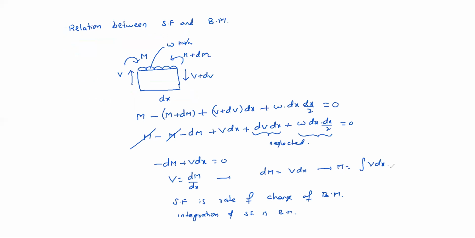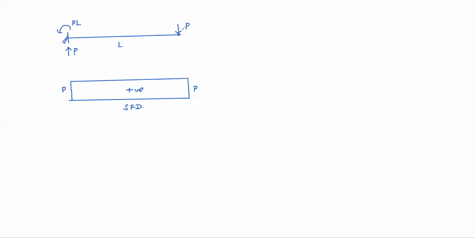While doing this integral of V dx, the integration constant is important here. So that's why we choose the point of zero moment. Here at the end of the cantilever, moment is 0, so from that end you can integrate. Integration is nothing but addition of areas. Suppose at any location x from the right, the area represents bending moment. So from the right side, bending moment increases, but in the negative way according to sign convention. So this is the bending moment diagram.